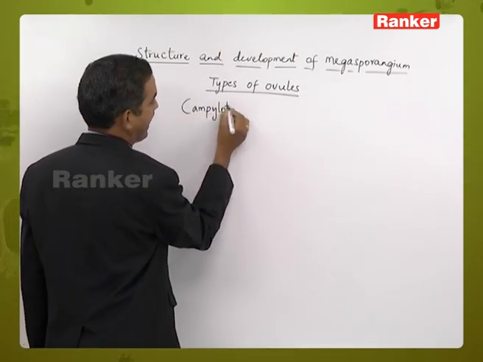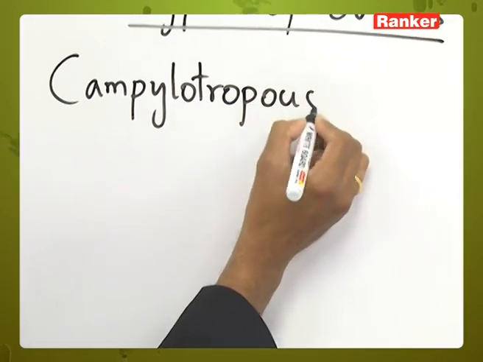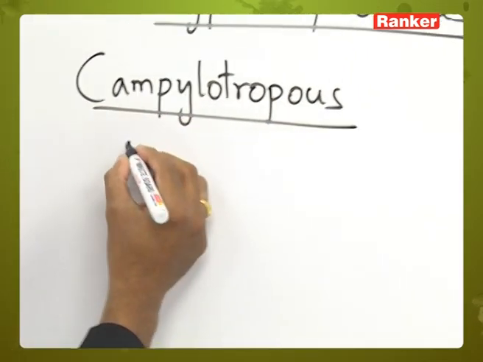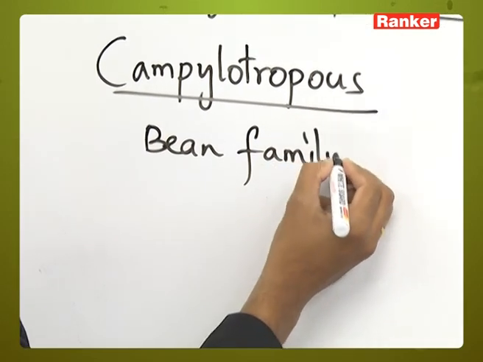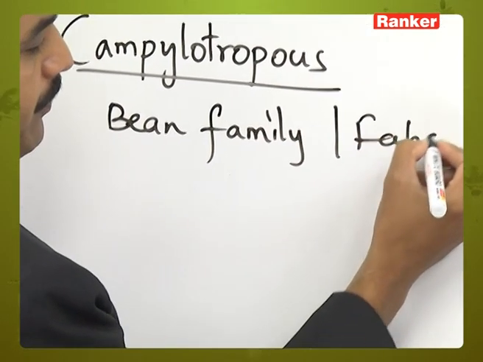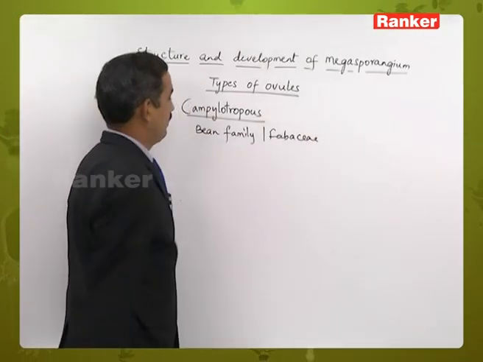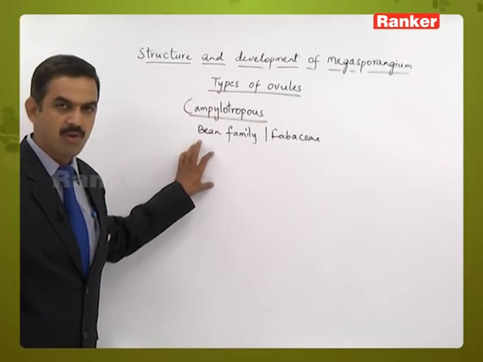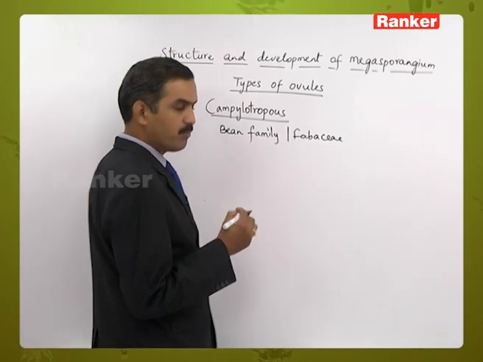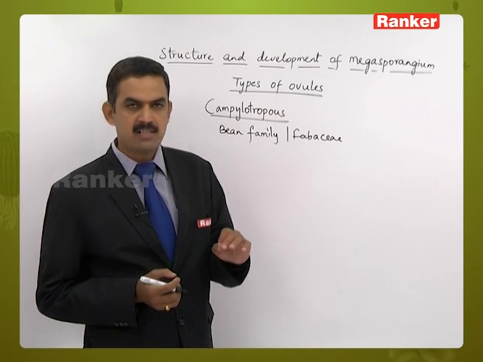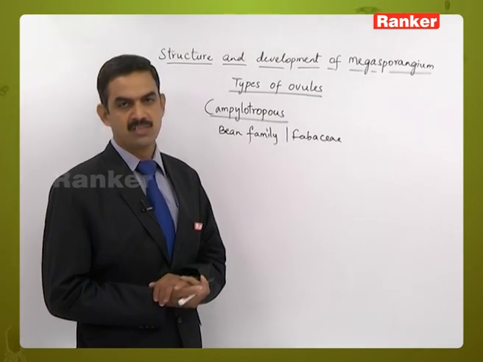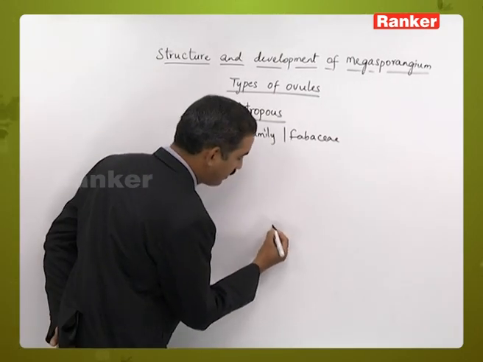The third type is the campylotropous ovule. This type of ovule can be seen in the bean family, that is in the Fabaceae. Here in this campylotropous type of ovule, the body of the ovule is showing curvature, but the degree of curvature is less than that of the anatropous type of ovules. So if you observe the diagram,